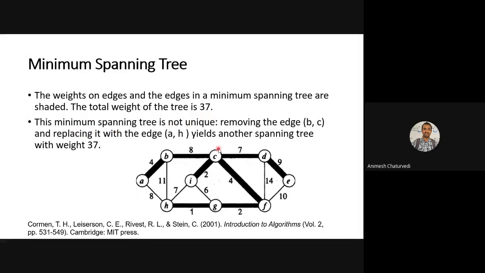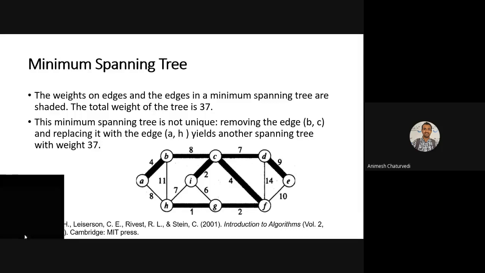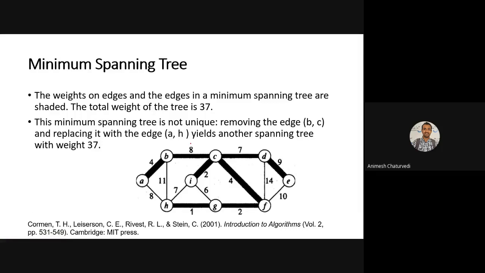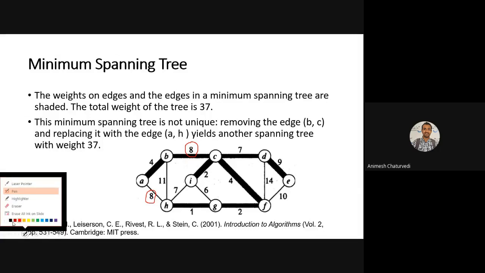But this is not the only spanning tree. Why? This 8 is there, and 8 is also here, so you have another choice for creating the minimum spanning tree. So there are two spanning trees possible. How?